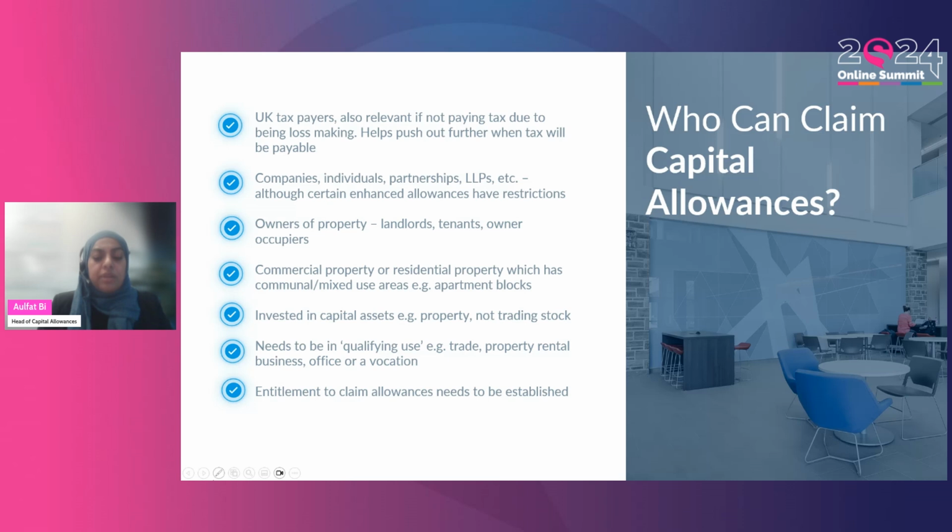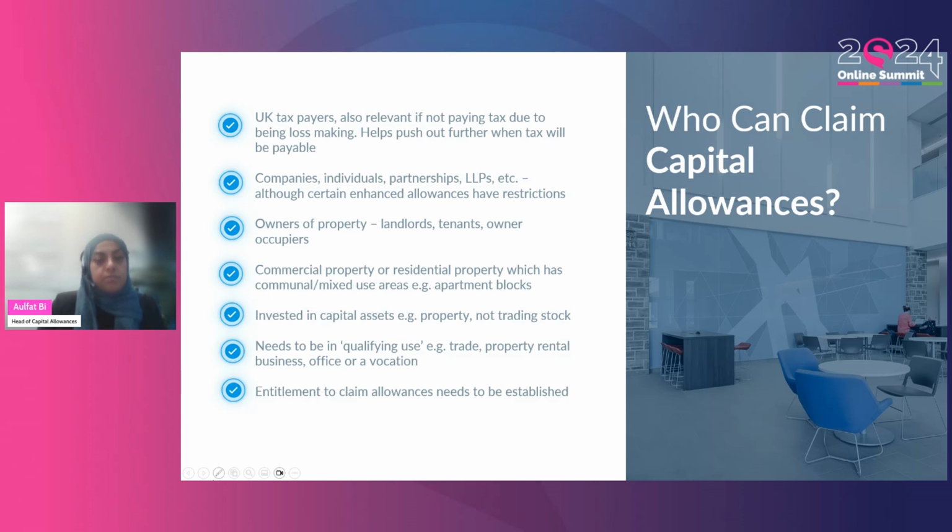So when I was talking about commercial property, the key thing there is it's commercial in a tax sense. So sometimes you can have some properties that are residential if you were to look at them, but they could be used commercially. An example of that would be a care home, for example, or an assisted or supported living facility. Whilst they're residential for all intents and purposes, if they are used commercially, you can claim capital allowances on those properties. Also, communal areas within residential apartment blocks or mixed use apartment blocks, they are classed as being commercial, so you can claim capital allowances on the communal parts. And similarly, if you've got things like student accommodation as well, you can claim capital allowances on the communal parts to student accommodation.